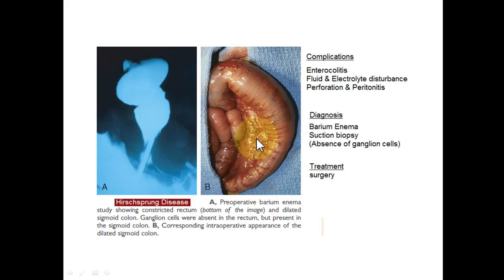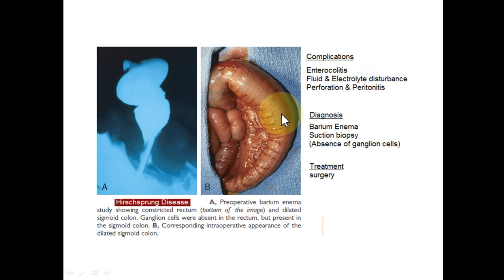The complications of this obstruction may be enterocolitis, because we know that a large number of bacteria are present in the colon, and moreover the vascular venous drainage is compromised first in the obstructed region, and so there will be secretion of fluids into the obstructed region, and this can cause hypovolemia that we discuss in the next slide. And sometimes electrolyte imbalance and fluid imbalance may occur, and this part of the megacolon is prone to perforation,